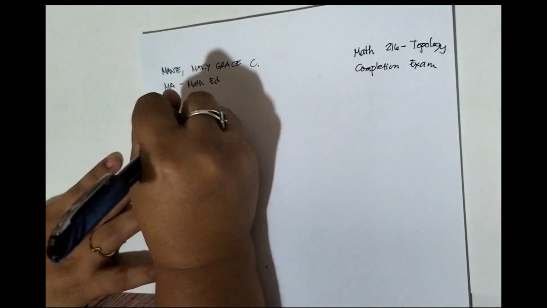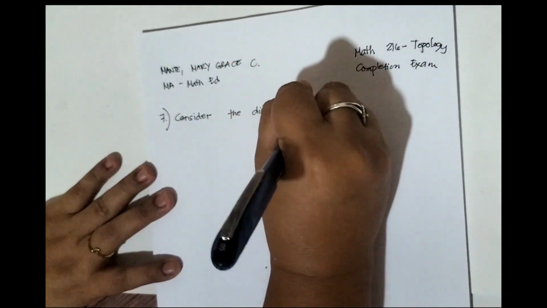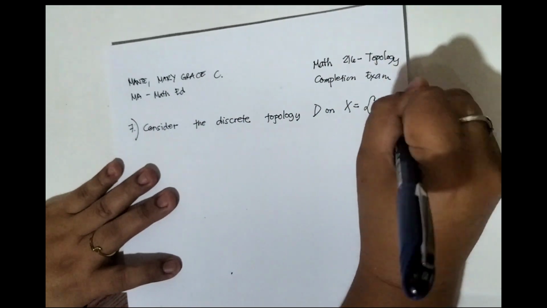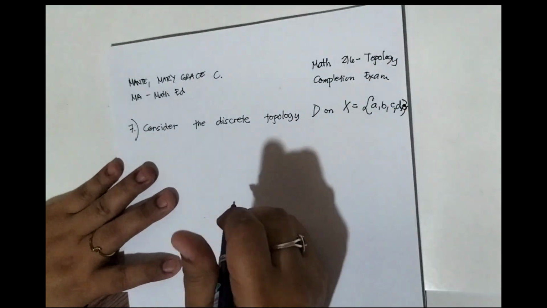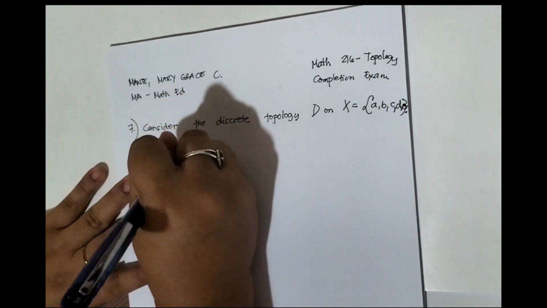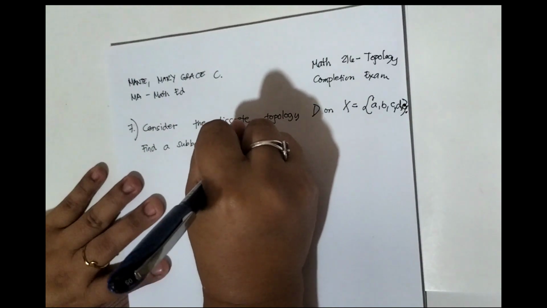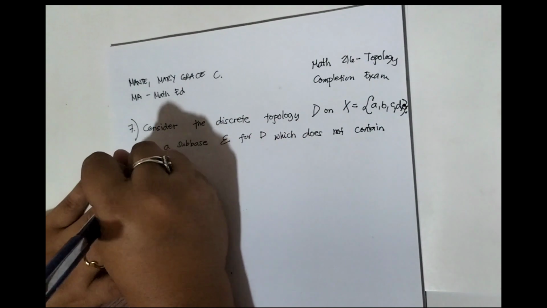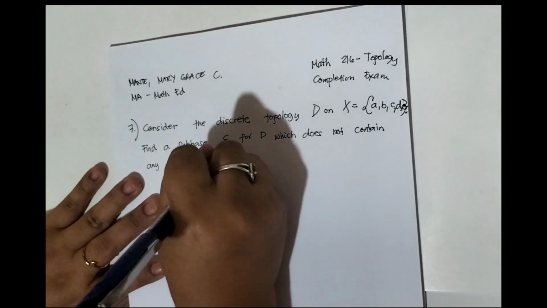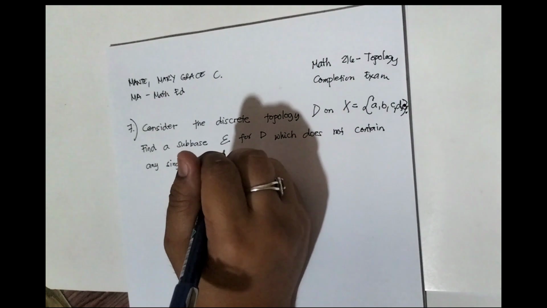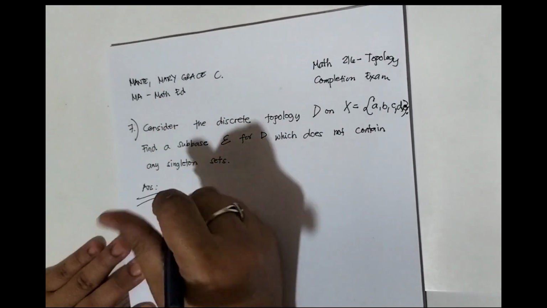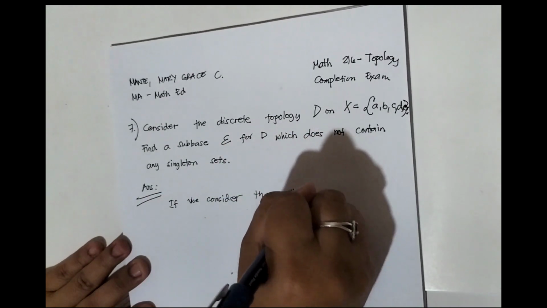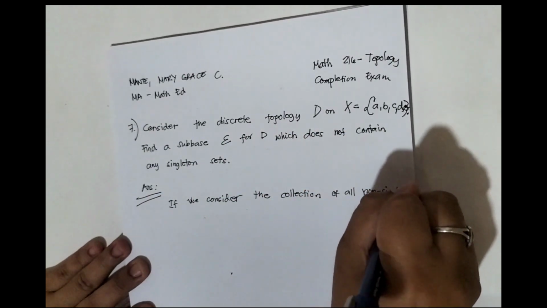Next, number 7. Consider a discrete topology D on X equal to the set {A, B, C, D, E}. Find a subbase Σ for D which does not contain any singleton sets. So our solution: if we consider the collection of all non-singleton sets of X, it will definitely form a subbase of X. However, if we need a smaller subbase, we can just consider Σ